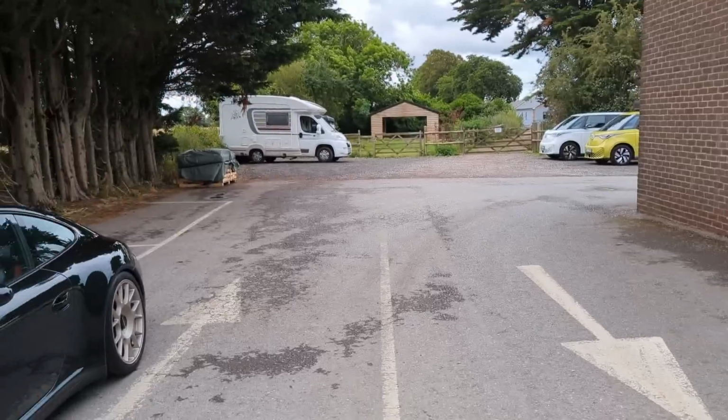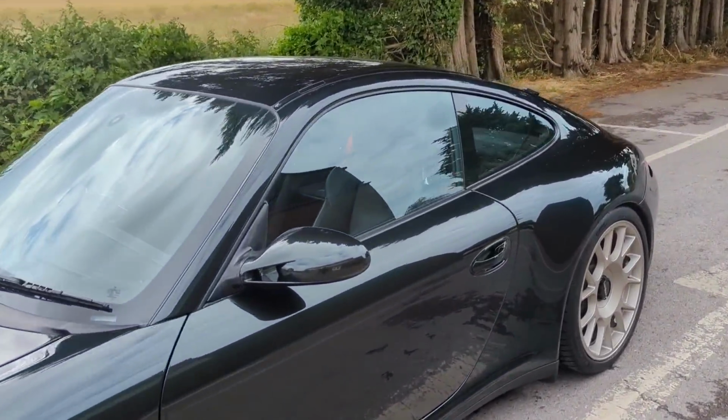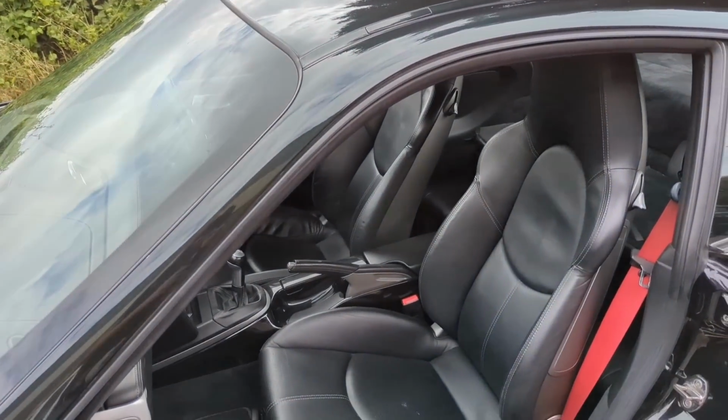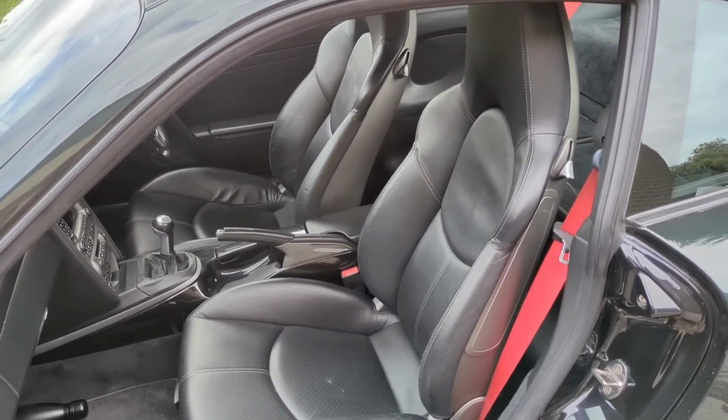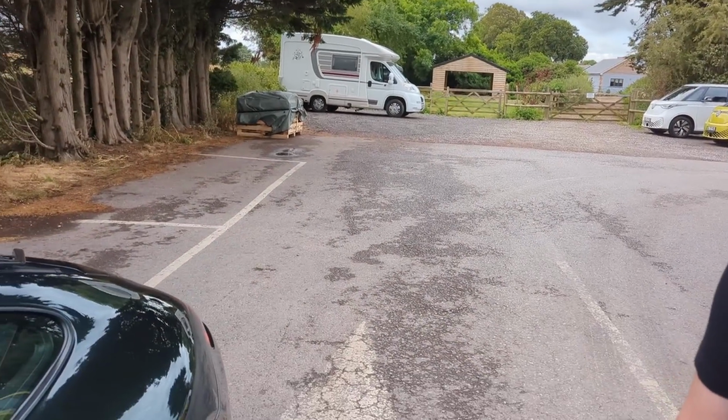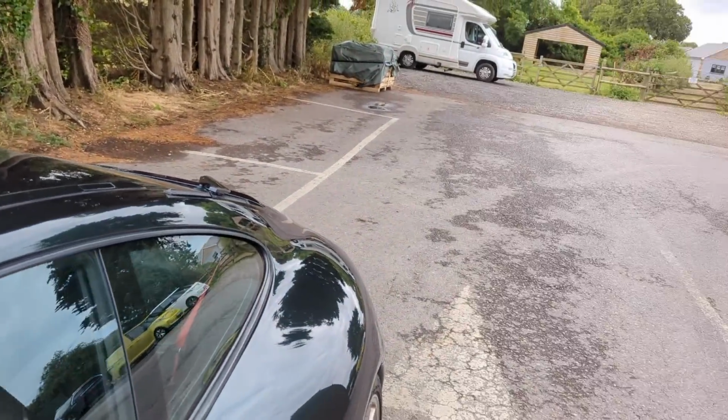And any future plans for this car? Yep. So later on in the year I'm probably going to put a CSR ducktail on it in carbon, and we'll probably do something cool with that, like PPF that in the green as well, so it's got a carbon with like a green flick to it. And interior? Yeah, I'm going to change the steering wheel, Alcantara the gear knob, and possibly change the front seats to Recaros, but I'm not 100% sure on that yet. We'll just see. I like it the way it is, but I just want to do a few little bits